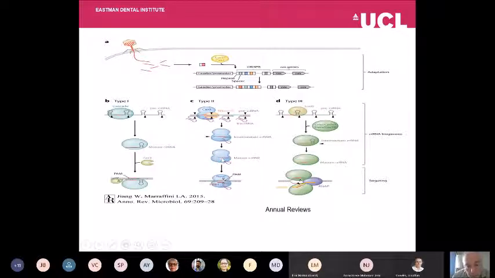Here's the spacer region, and this is the repeat region with its trans-acting RNA. This can now hunt down invading DNA. If it sees a sequence in this invading DNA, shown here, which is homologous to this spacer RNA, and if there's the protospacer adjacent motif, which has to be there, usually a sequence of 3 base pairs just next to where the homology lies, and this is absolutely required,